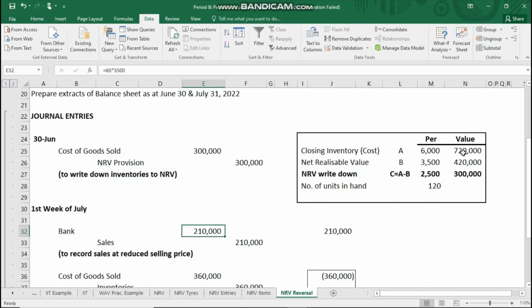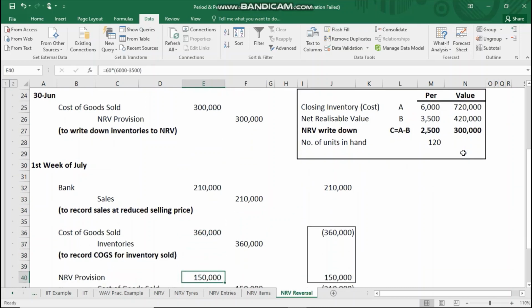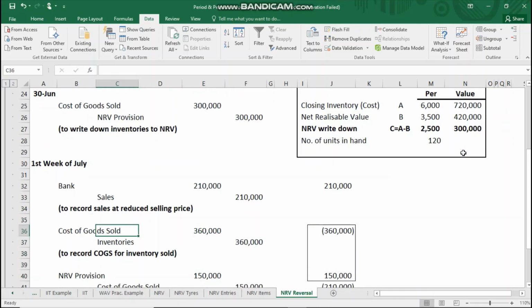ये देखें, ये जो एंट्री करी है मैंने, ये 60 मल्टीप्लाई बाय 3500, तो ये मुझे देता है 210,000। तो इससे मैंने अपनी सेल्स की एंट्री करी। सेल्स की सिंपल एंट्री आपको पता है, सेल्स को क्रेडिट कर देंगे, बैंक में डेबिट कर देंगे। ठीक है, सेल्स के साथ साथ आपको पता है कि कॉस्ट ऑफ गुड्स सोल्ड की एंट्री भी आप हमेशा करते हैं, तो कॉस्ट ऑफ गुड्स सोल्ड भी डेबिट कर दी मैंने कॉस्ट के अमाउंट से।